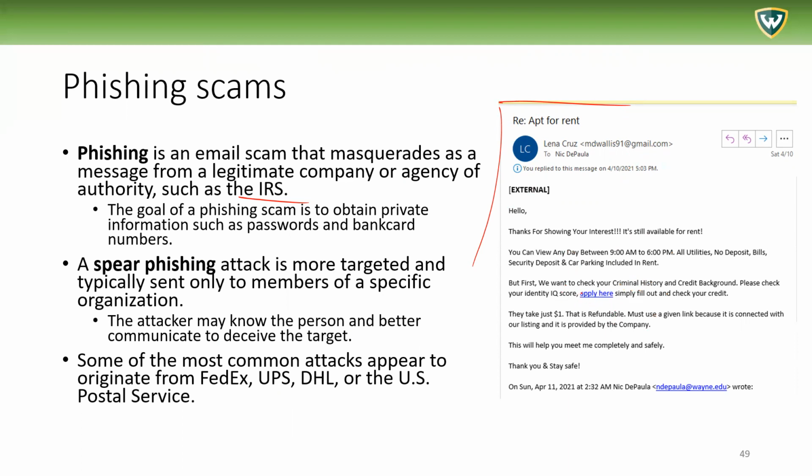But usually when we're talking about phishing, we're talking about spear phishing attacks, which are usually more targeted and typically sent only to members of a specific organization. So the attacker may even know the person and better communicate to deceive the target. They maybe would know my name and know where I work and know something about my company.